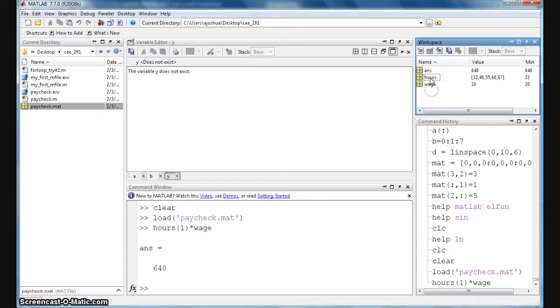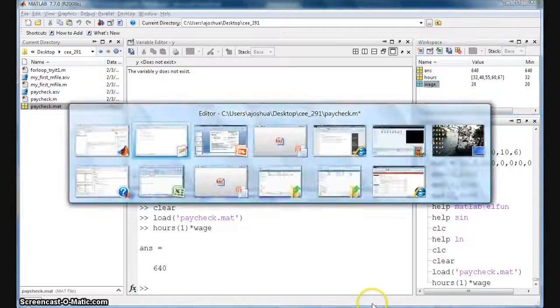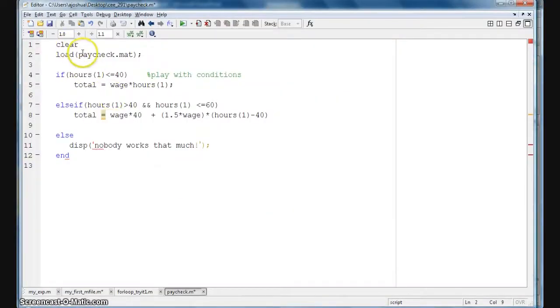We can see that we have this hours vector and a wage scalar. So we can use that in our M file program. So we go back. So load paycheck.mat creates or reloads vector hours and scalar wage. So then we can use those. So we start with our first if statement, if hours, and for this example, we'll just access the first value in the hours vector, so we'll always use hours 1. So if hours 1 is less than or equal to 40,